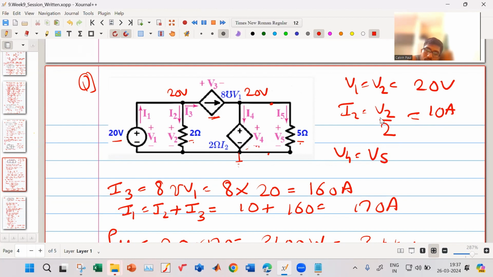But still we are having some current through that, right? Yeah, current is there. Still there's some current, but since there's no voltage across it, the power... it's basically a short circuit. If it is short circuited, then the current contributions like I1, I3, I4, I5 will have a different relationship, right? It is not exactly a short circuit. Since the voltage across it is zero,